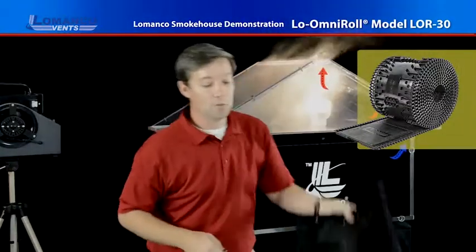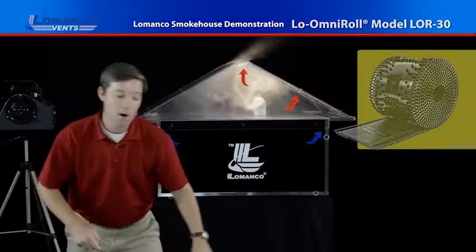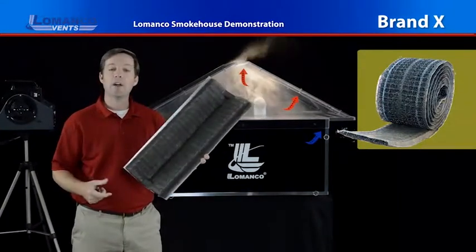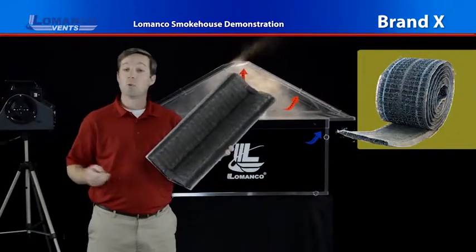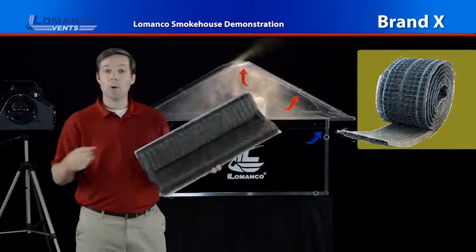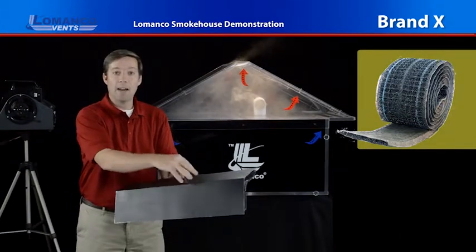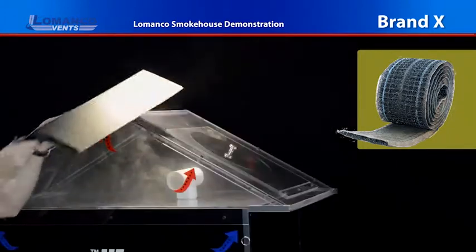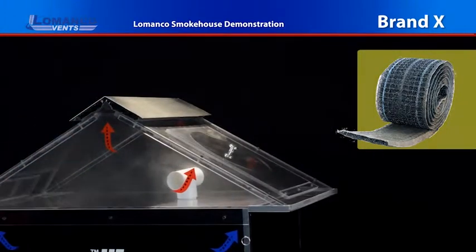Now I'll show you some of the others that we compared with a moment ago. This product is the filtered egg crate looking material. Again, it's a 20-foot long shingle over ridge vent. When it's installed, we see a metal cap right now. That'll actually be shingles on top, just like you'd see on the LOR30. So I'll put it on the booth and we'll fill it back up again with some fog and let you